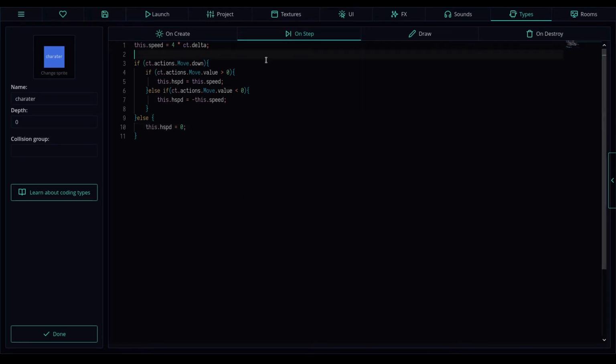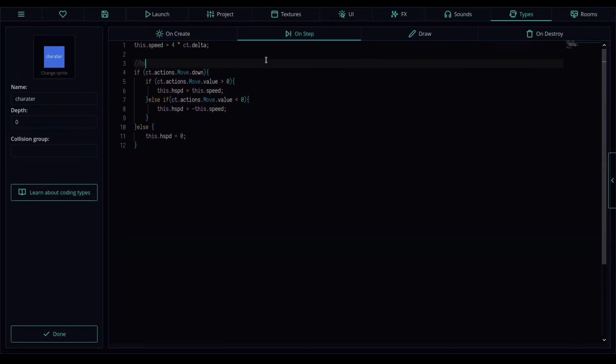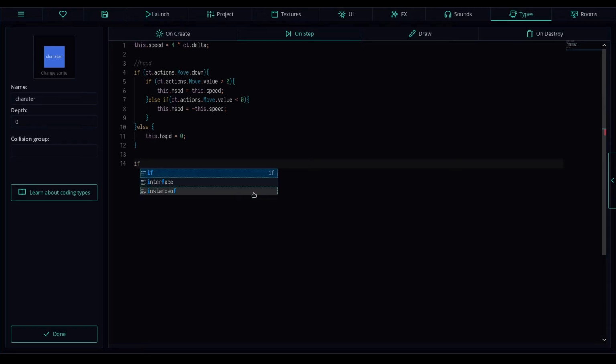Alright, so we just set the horizontal speed, which is gonna handle the movement either right or left. So after this, we want to handle the vertical speed, which is basically the jumping. So the first thing we want to do is enter into another condition. After setting our horizontal speed, we want to jump into another condition that is gonna say if